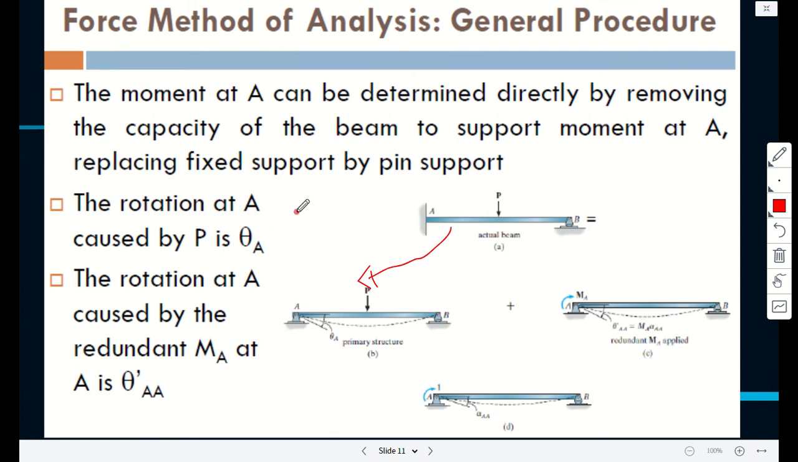The rotation at A caused by P is theta A. The rotation at A caused by redundant MA is theta AA. And of course, the moment times this displacement is the moment times alpha AA. Alpha AA is the flexibility coefficient. In terms of moment now, we've said that FBB is,